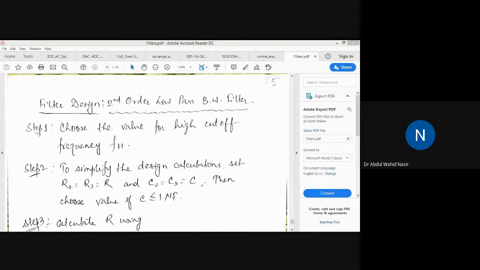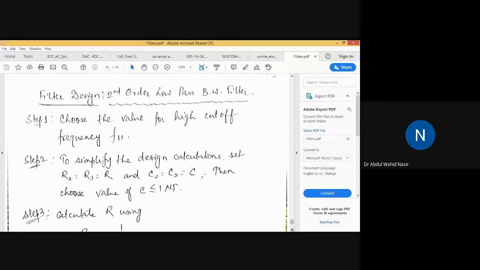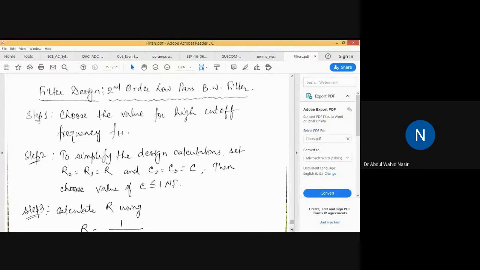So now we'll come to the design. Design of a second order low pass filter. Clear? So the first step to design the second order Butterworth low pass filter: choose the value for the high cutoff frequency FH, that will be given to us. Step 2, to simplify the design calculation, set R2 equal to R3 equal to R